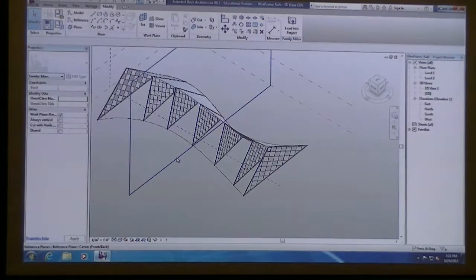Yeah. Let me look at your adaptive component. Cancel. Try changing the number of divisions of that to something less for now.